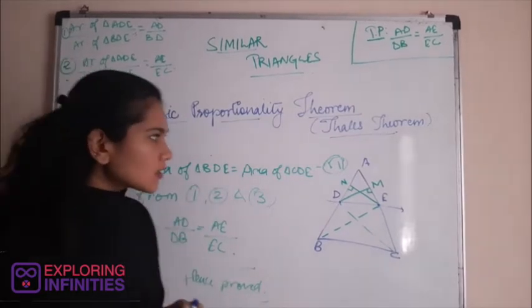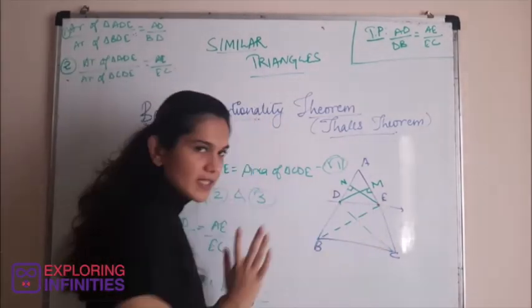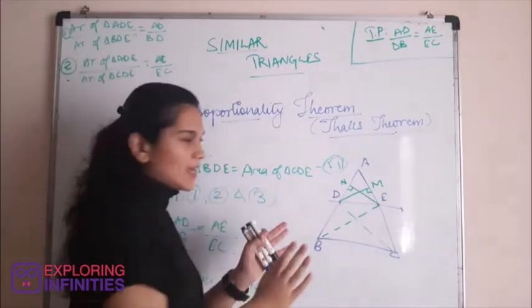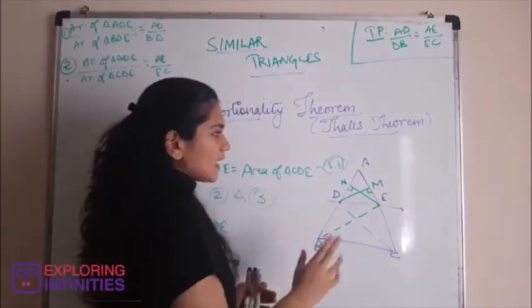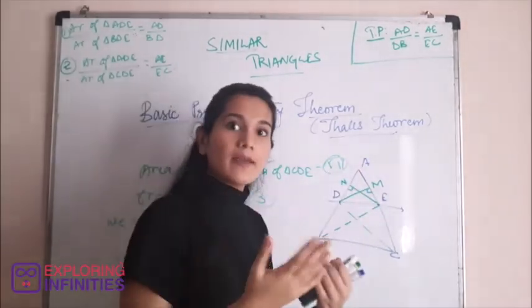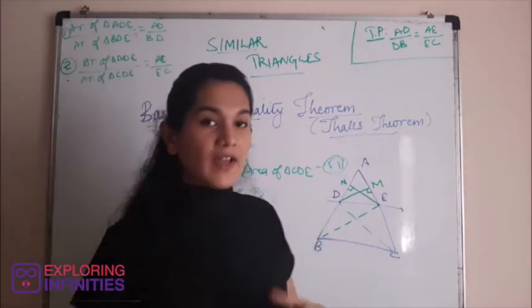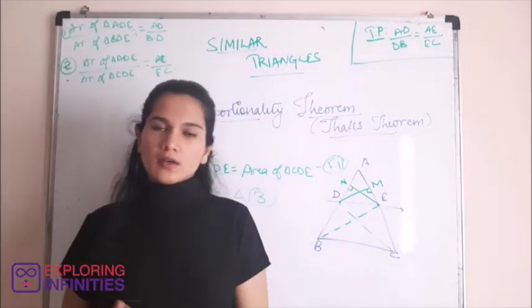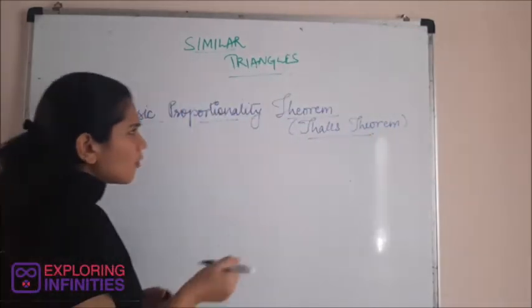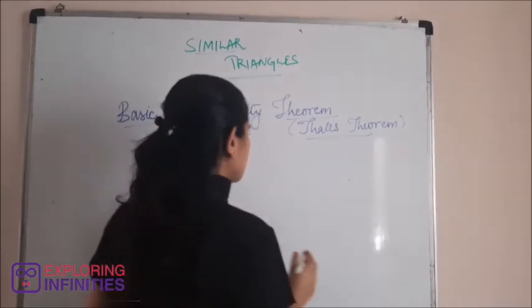So what this theorem tries to prove is that if we are given a line parallel to one of the sides of the triangle and it intersects the other two sides at two distinct points, then the parallel line would divide the other two sides in the same ratio. Now this theorem would serve as a base for a lot of theorems that are yet to come. We are going to discuss more on this theorem, but sort of the inverse of this theorem.